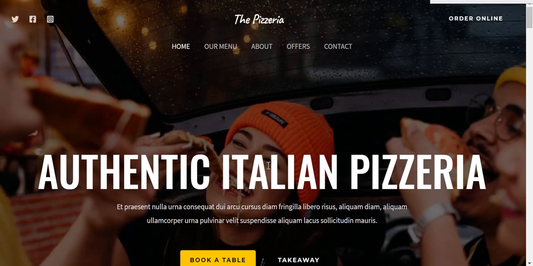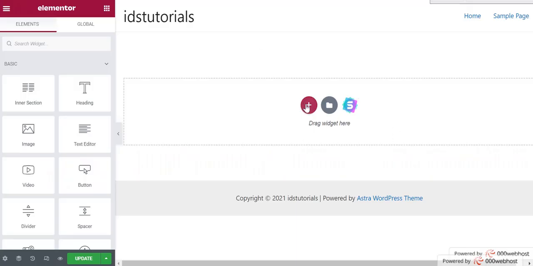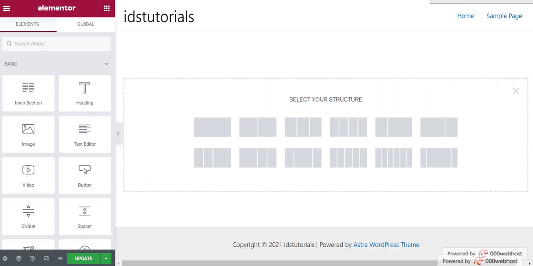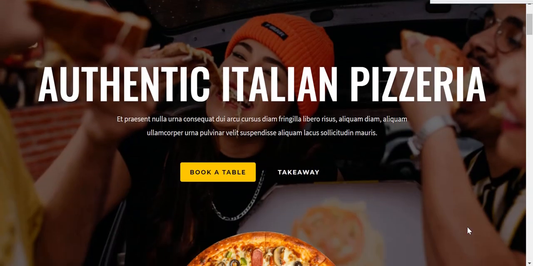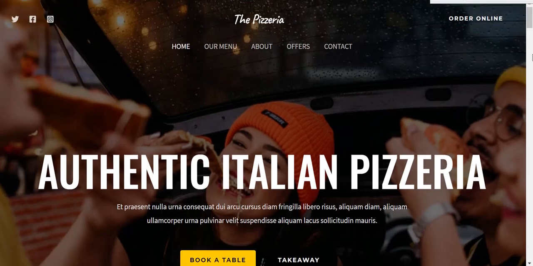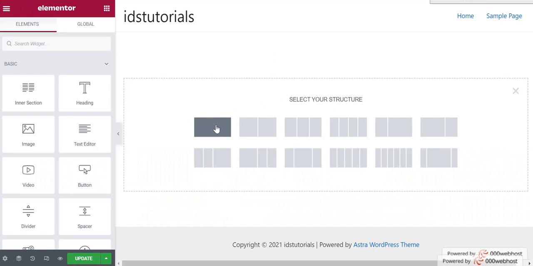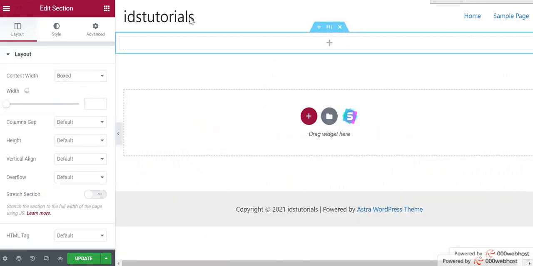So what we will do, first of all, we will click on this plus icon, and as you can see, it is one whole section in which we have these elements. So first of all we need one whole section. So this is the one whole section. Click on this and we will get the one whole section. After that you can see here are three options.